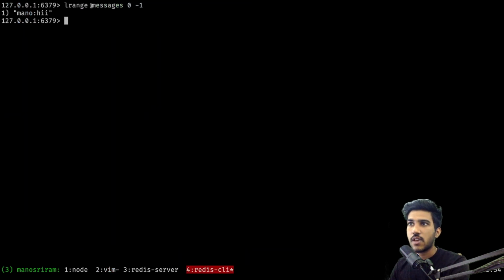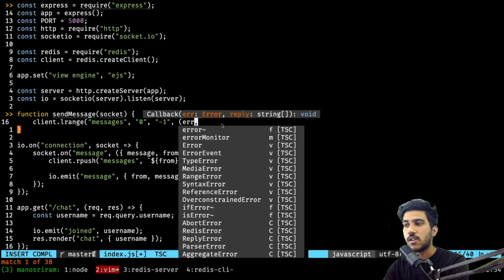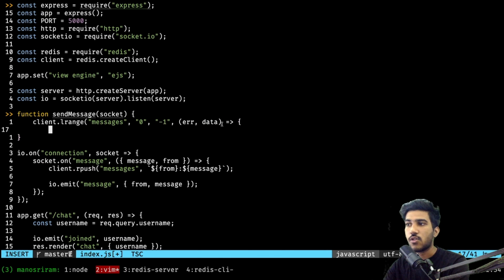We'll just put the same arguments into this function as well: messages, 0 and -1. And after this, we will get a callback with error and data, and this data is what we will be needing,